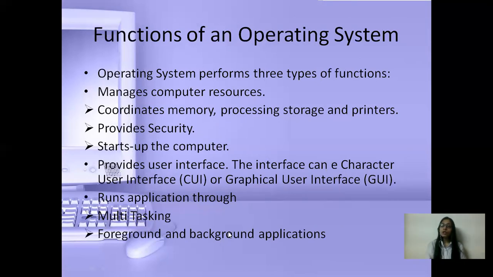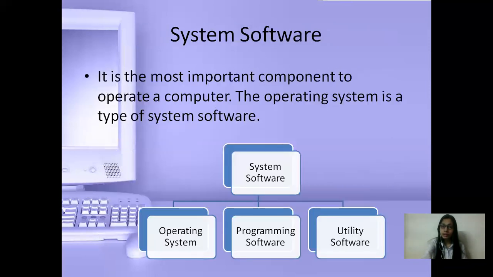So what is the function of an operating system? Operating system performs three functions. What are they? It manages the computer resources like your keyboard, your mouse, your CPU. All the things are being handled by your operating system. Okay. It coordinates with memory, processes data, and printers. Means it is coordinating the memory, processing all the storage things which you are doing. And it runs the applications, means we are running many programs at a time, so it is helping in that also. Okay, so today we are going to study only this much.